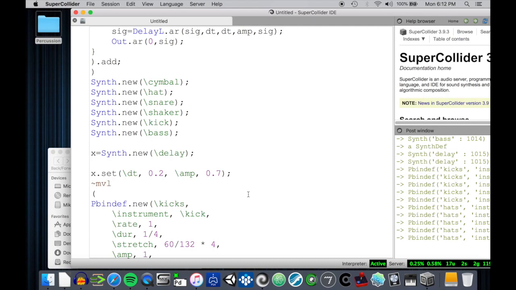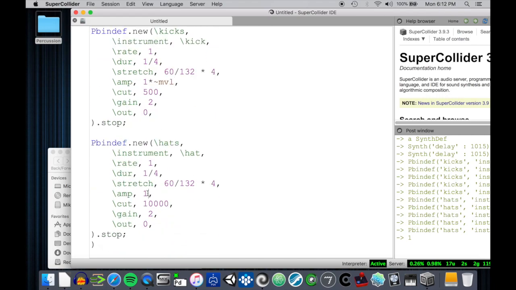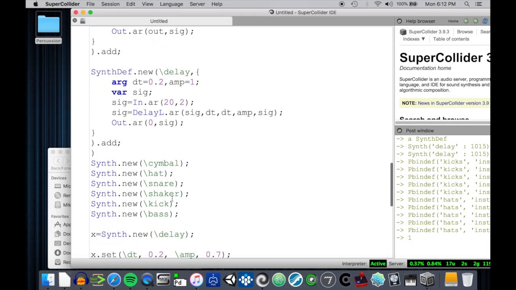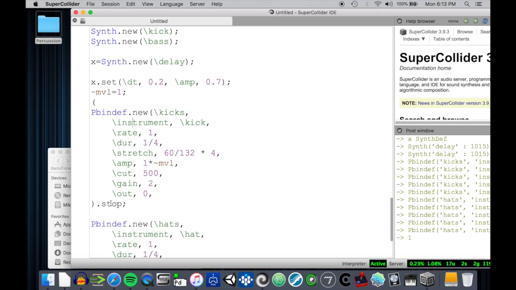But before we do that, let's talk a little bit about global variables. Right now, I'm declaring a global variable named MVL, and I'm just saying that MVL is going to equal 1. And what that little bit of code does, if I multiply that by my amplitude or my volume, is that with just seven characters of code, I've created a master